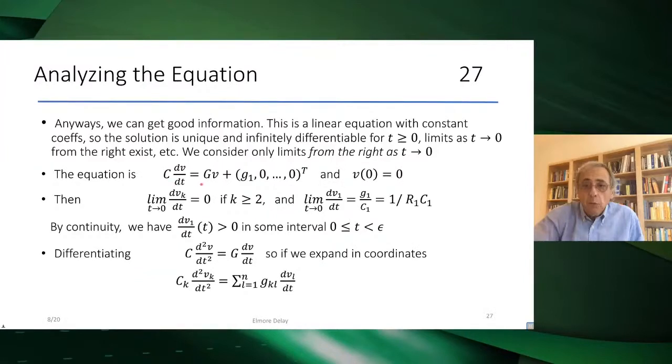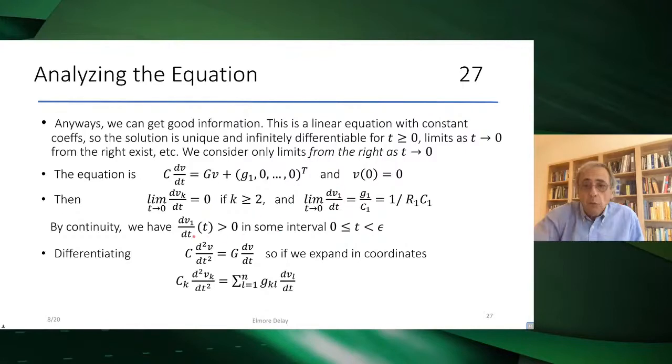So if we take the equation, and as V of 0 is 0, and we take the limit from the right, we get that the voltages initially are 0, except the one in the voltage source, the next one, meaning that's where it gets propagated instantaneously. That's why sometimes people say that this is like putting a Dirac delta of that value there, but I'm not going to use that. The only one that is different is, as I say, the voltage connected to the source, and the others are 0. By continuity,